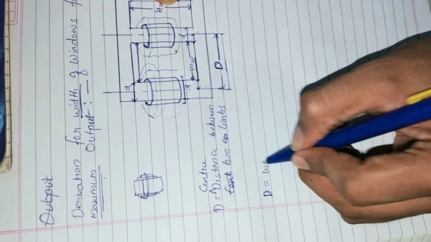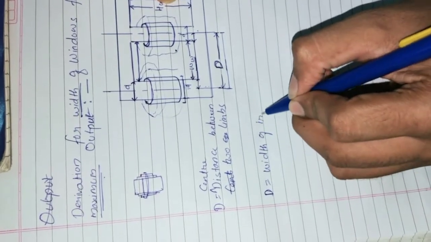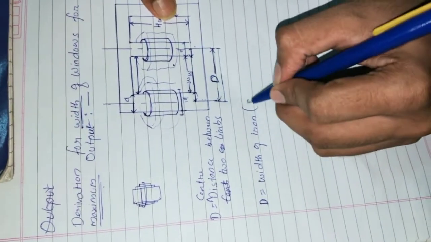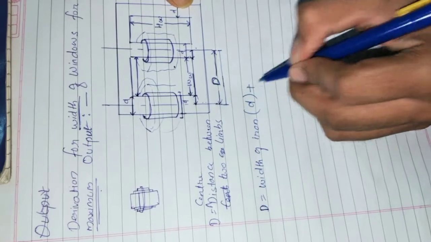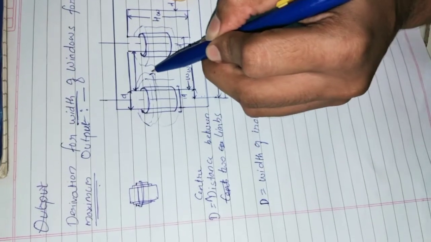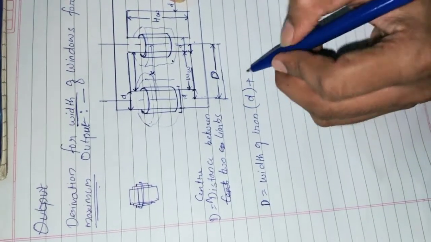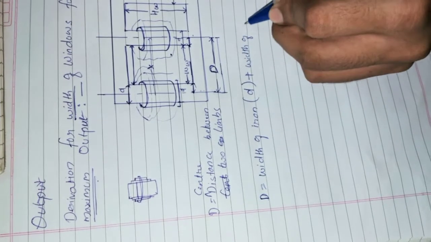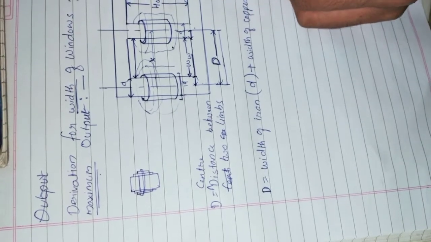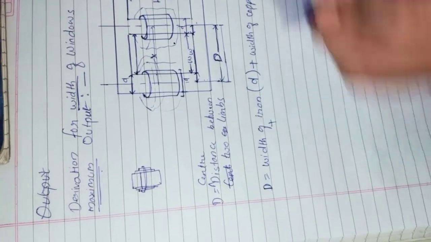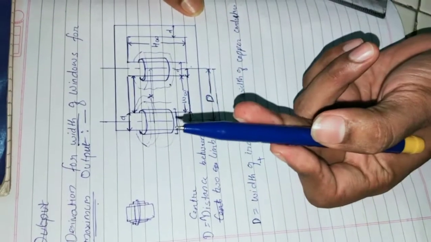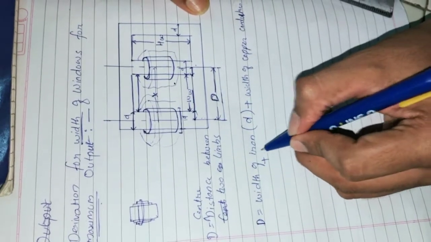That means we have width of iron. It is nothing but half D here, half D here. That means one complete D, right? Then what else will we have? We will have half portion of copper area and half portion of copper area. That means width of copper conductors. What else? If copper conductors are there and core is there, that means some insulation, some gap will be there. So we will take insulation